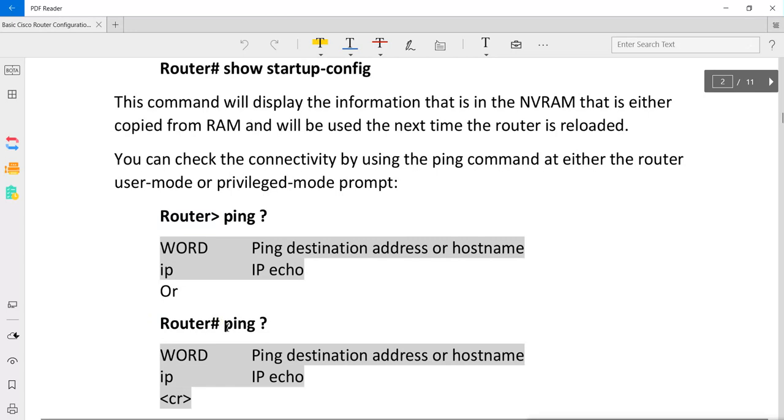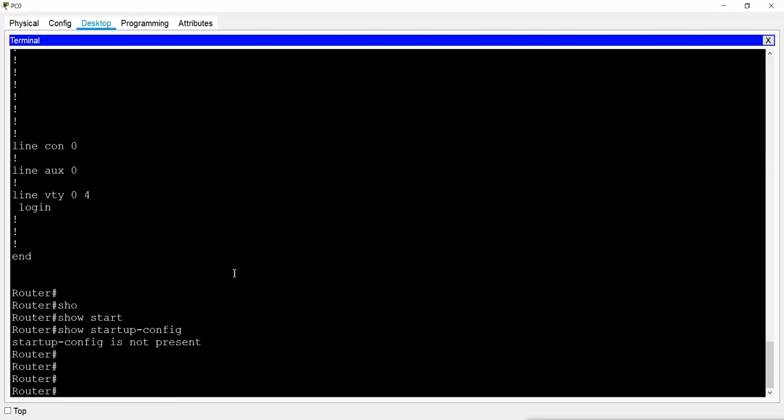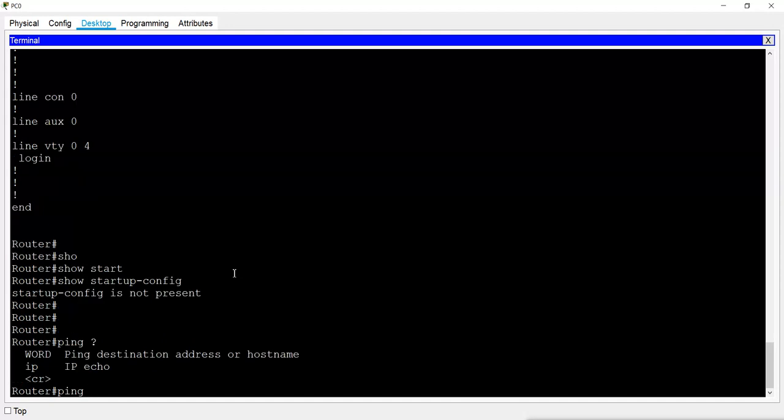And the command is ping, and after that you can give the name of the machine directly, or the IP address of the machine. Both will work.